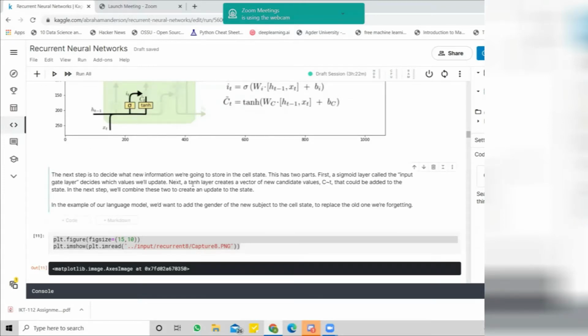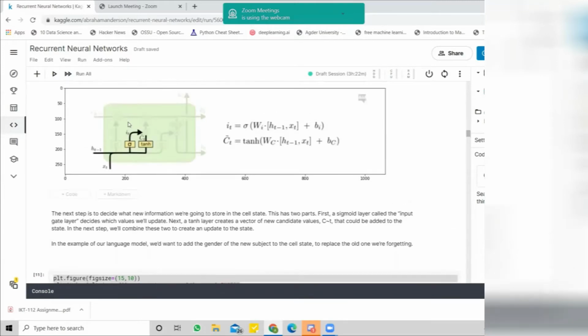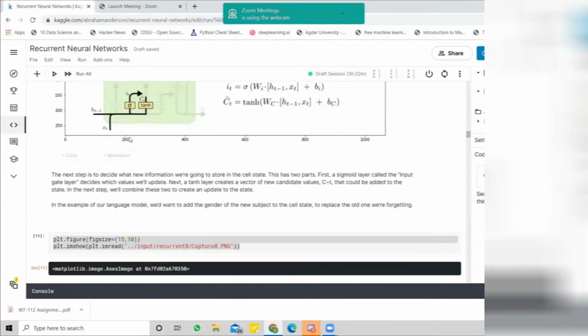For example, when we are creating a sentence and want to add the gender, let's say our person is named Nikolai, and for the coming sentences, instead of repeating Nikolai every time, we want to use he, or han, whatever language we use, right? And this sigmoid function gives us this.